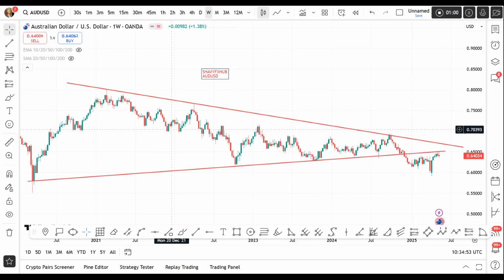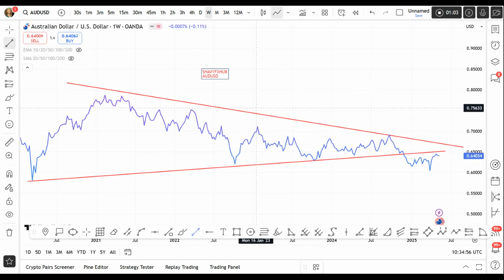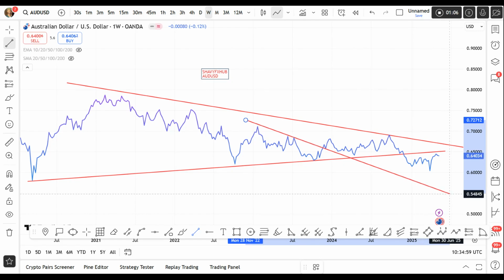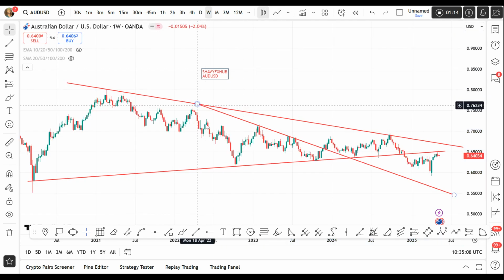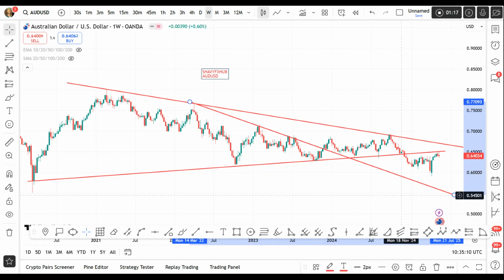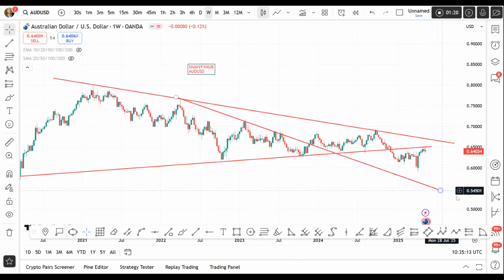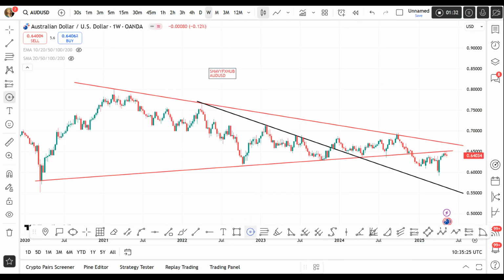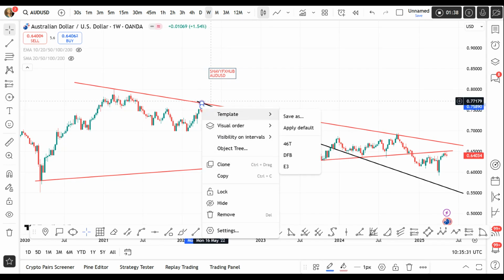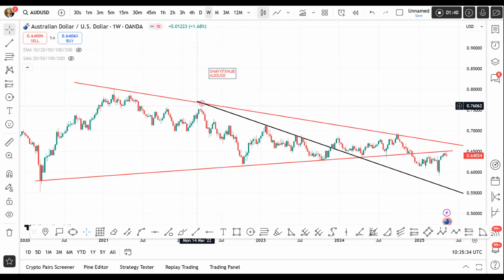So that's a nice, I love that descending trend line breakout. I love it so much. Let me change the color to black. I like that structure. And I think if AUD is not careful, it will come back to retest that black